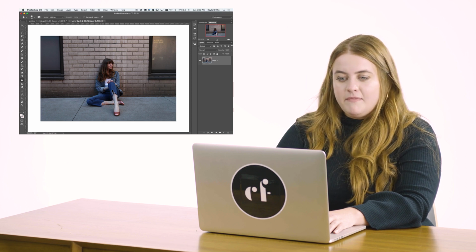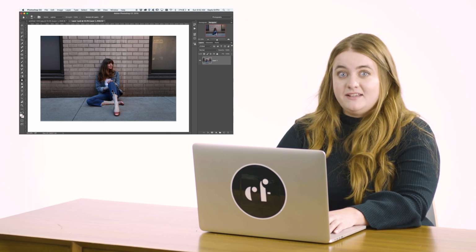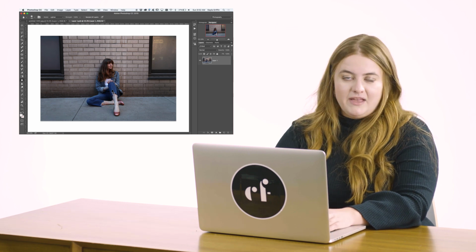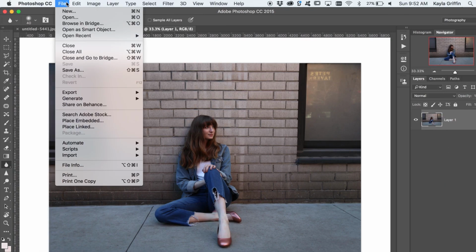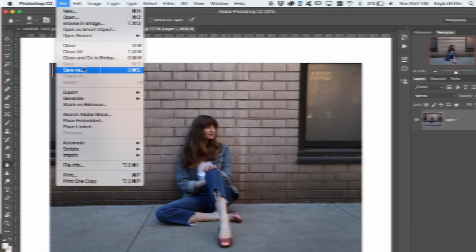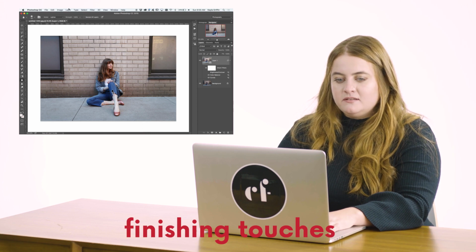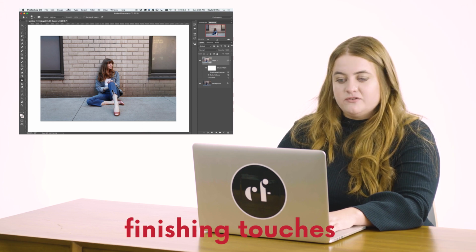So to get back to the main window, we want to make sure we save that, otherwise you're losing everything you just did. So you can press Command S on your keyboard, or you can go up to File and then Save. So once I'm done making all my adjustments, I can go in and just do the finishing touches,